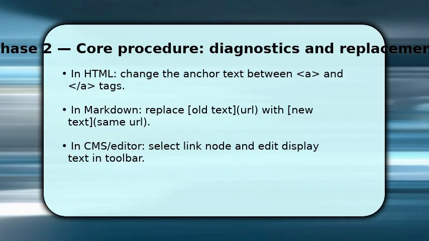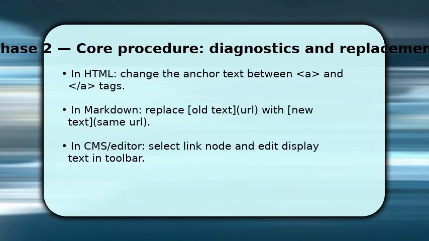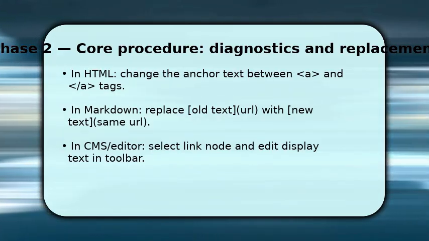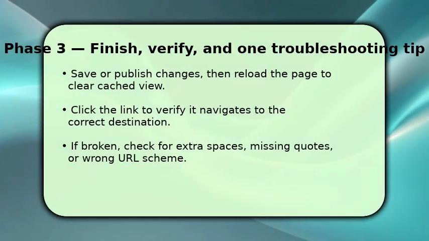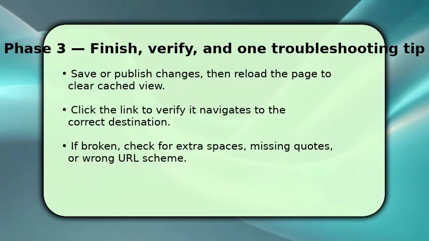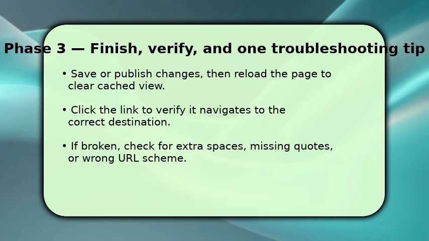In a CMS or visual editor, select the link node or highlighted text and type the new label in the inline edit or properties panel. As you do this, make sure you never alter the destination URL unless you intend to change where the link goes. Finish by saving or publishing your edits, and then reload the page to ensure cached content doesn't hide the